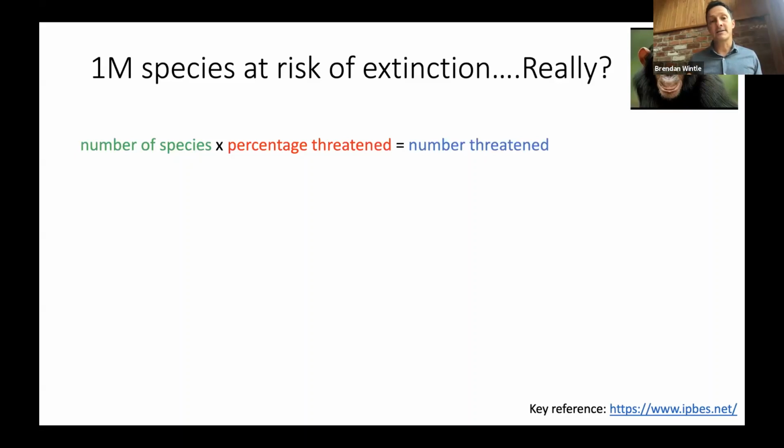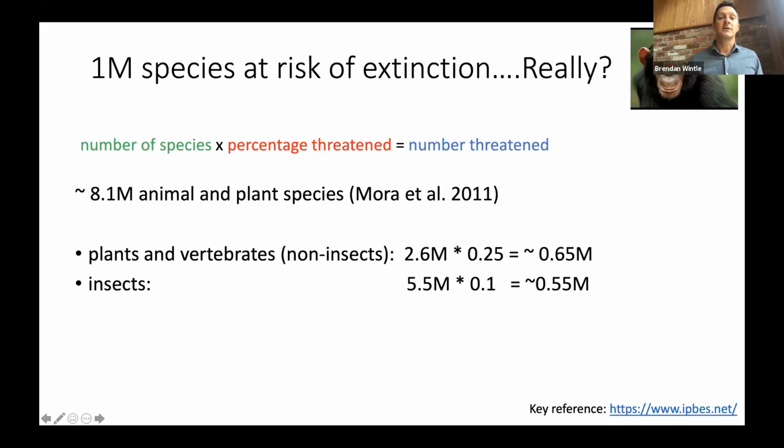It's a very simple estimation. They basically estimate the number of species that we think are out there, multiply that by the proportion of species that tend to be ranked at high risk of extinction when assessed by the IUCN, the International Union for the Conservation of Nature, which determines the extinction risk for species, and you will have heard of the red list probably. And so if you multiply that percentage of species that tends to be identified as at risk of extinction by the number of species we think there are, then this is their estimate, the number that they think are threatened. So there's a scientific study that estimates that we have around 8.1 million animal and plant species